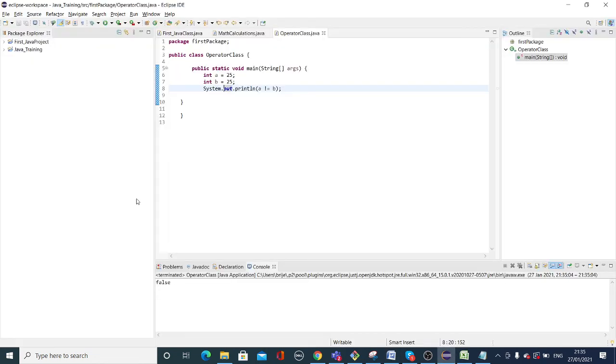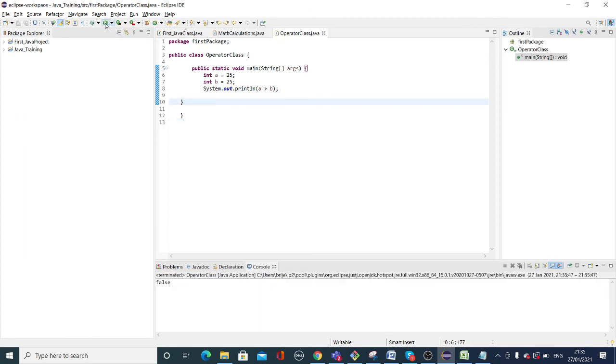When you are comparing two values, and if a value is greater than the other, it will say true or false. So int a equals 25, int b equals 25. System.out.println a greater than b. I save and execute. What would be the result?